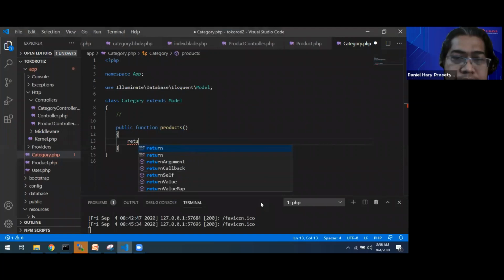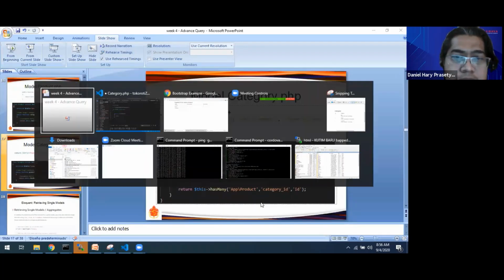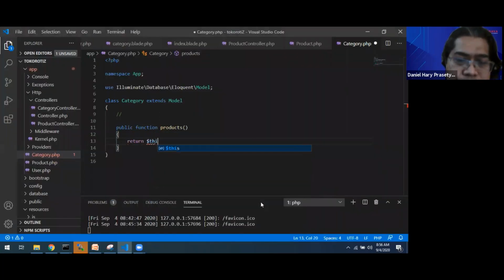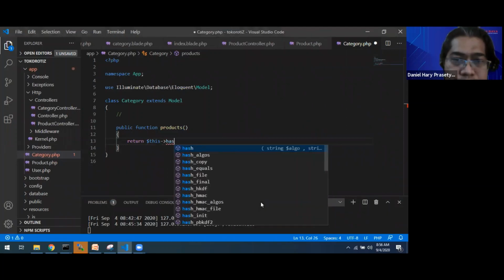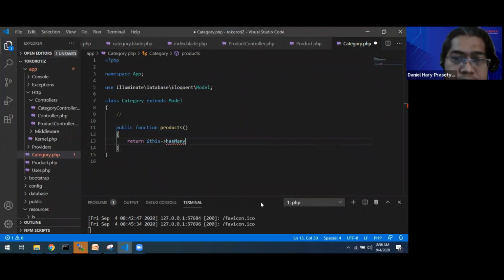Return this has many. As many of app product.